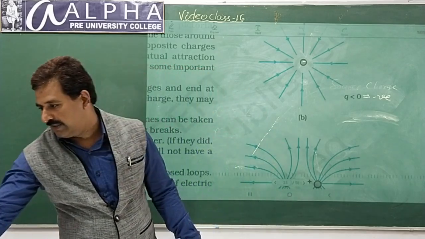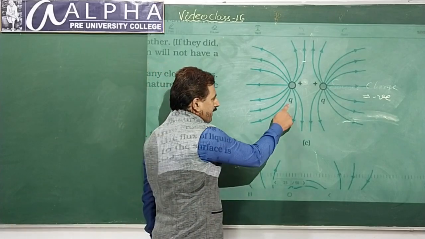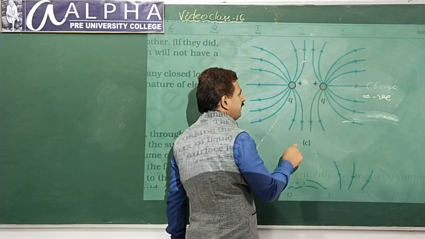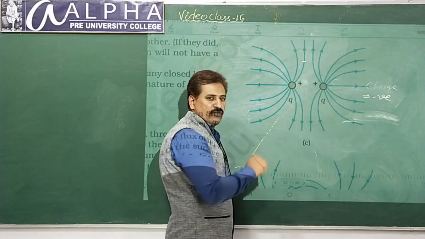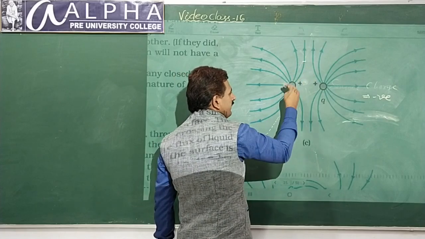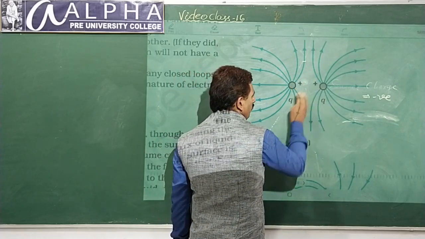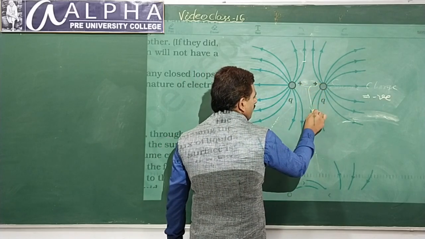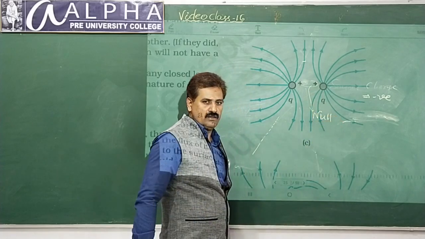And what about this? Here, the two like charges with the same magnitude, Q and Q. If they are of unequal magnitude, the field pattern will be almost the same, similar to this. But the number of lines around each will be different, shown here. If it is stronger, we have to show more lines in the given space, and the lines extend towards this more. And what about this region here? This region is called the region of null or neutral field.